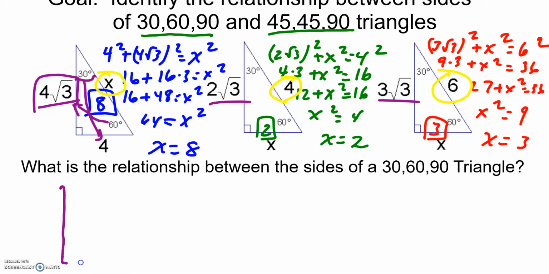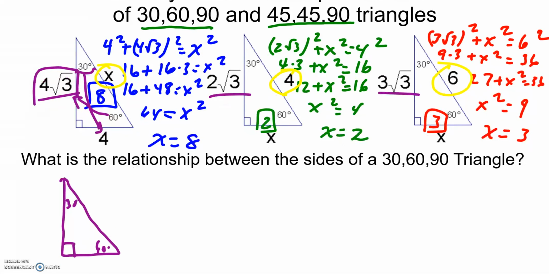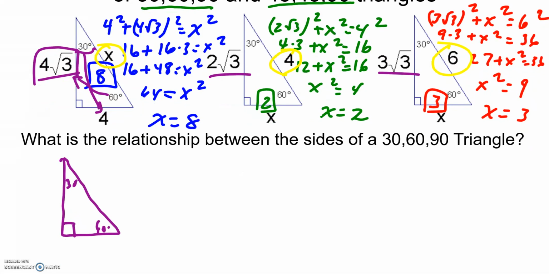I'm going to draw a triangle where the 30-degree angle is on the top and is across from the smallest side. The 60-degree angle is across from the medium side, and the right angle is across from the largest side, the hypotenuse. So based on my previous 3 triangles, let me call my smallest side x. Let me call the medium side, since it's root 3 larger than the smallest side, x times root 3. And then my hypotenuse, circled in yellow, was 2 times as big as the smallest side,